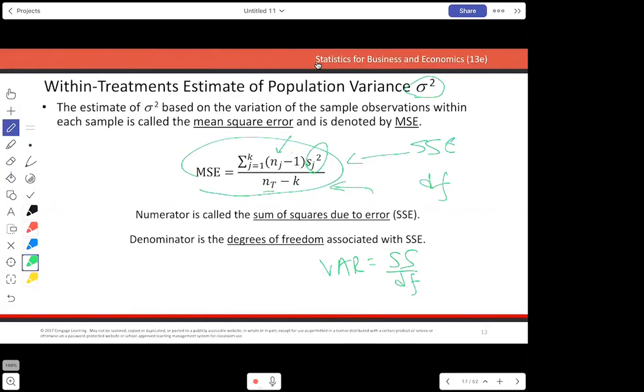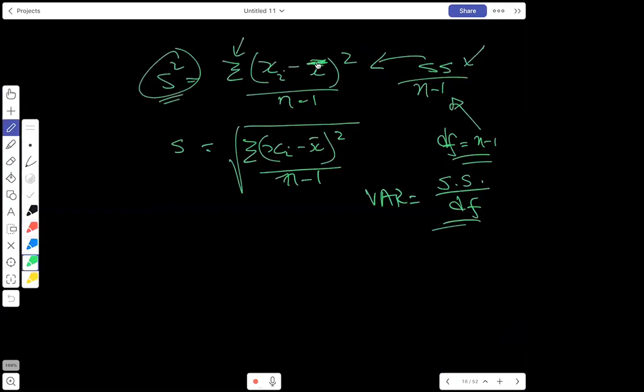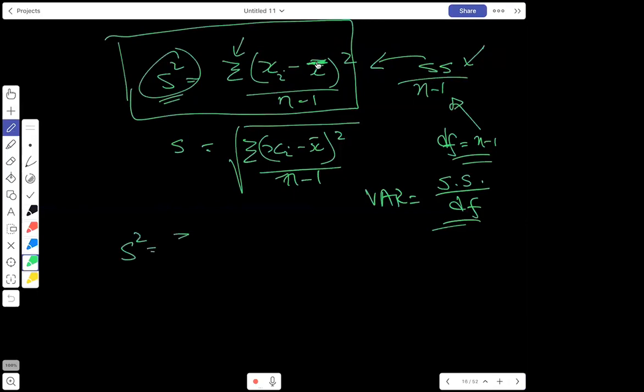All right? Now, that numerator that you see here, I want to show you why this is a sum of squares. Let me show you why it's a sum of squares, because we are using the sample size minus 1, which is just like n minus 1, and Sj squared is the sample variance. Let's take a look at this formula right here. I will rewrite it. S squared is equal to